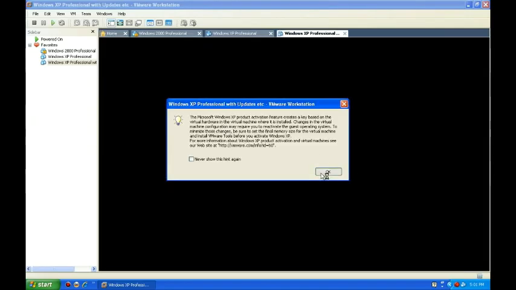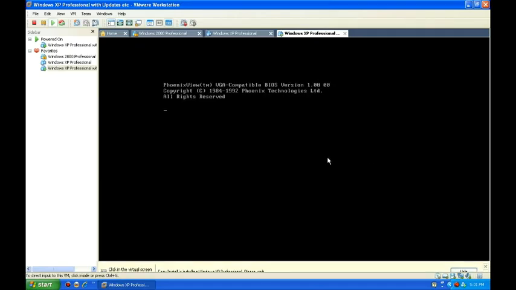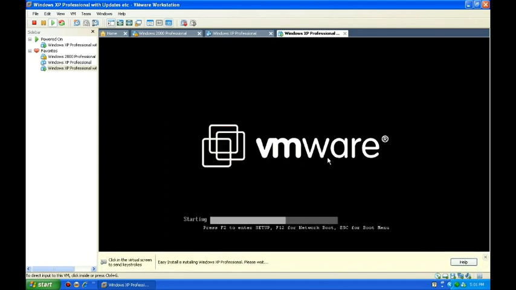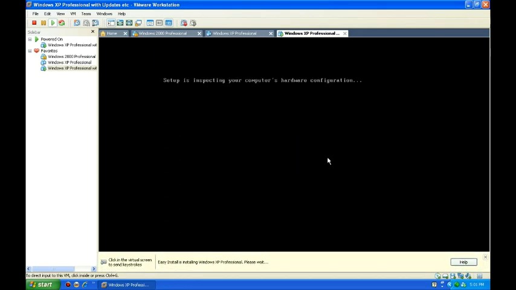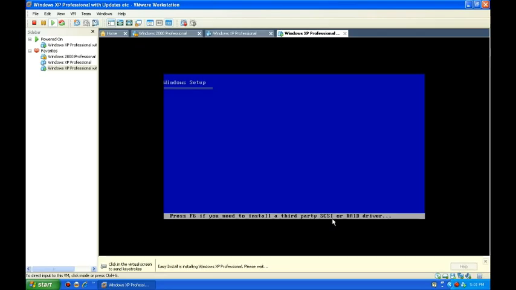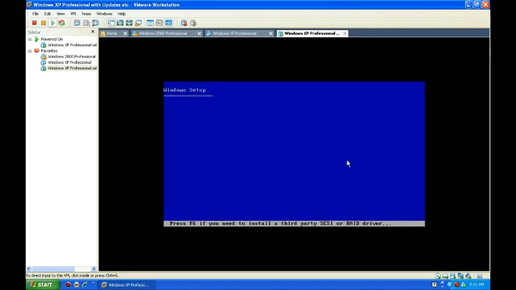Wait for it to come up. There we go. And when it starts to install, it will install Windows XP Professional onto the system. And do not worry, my computer is much slower because I changed the frame rate to 30 frames per second on my video. And so based on the files,